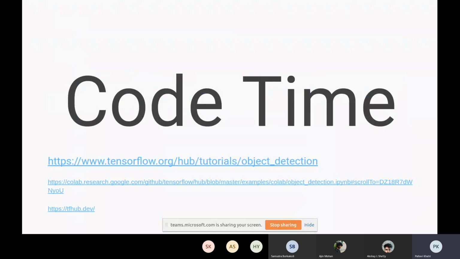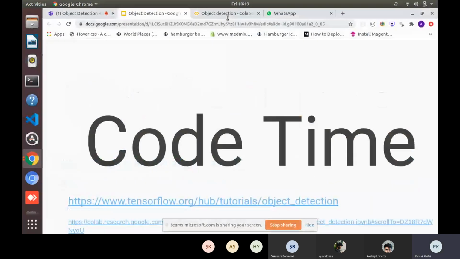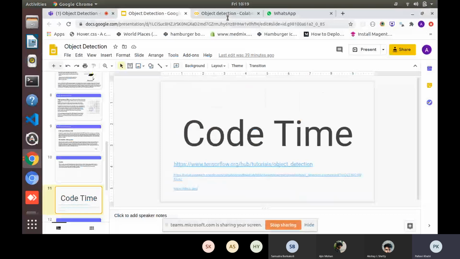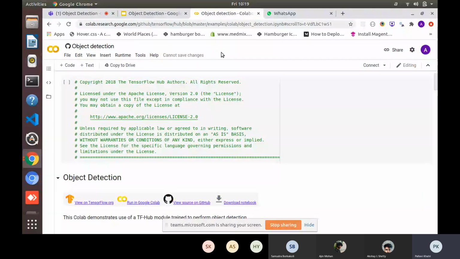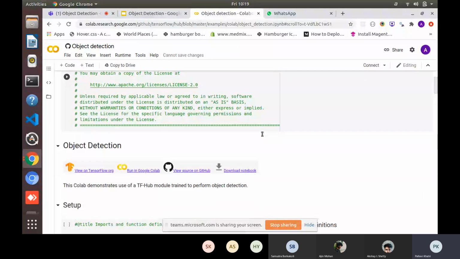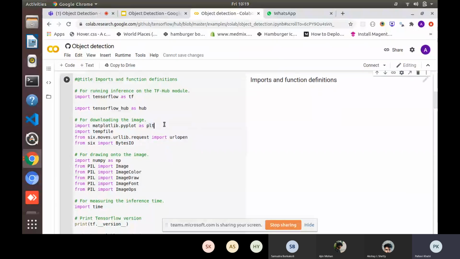So I'll show some code. There is a link here in the same PPT for the Colab notebook which I am using. It's an object detection notebook. TensorFlow, from Google, is the library I am using.